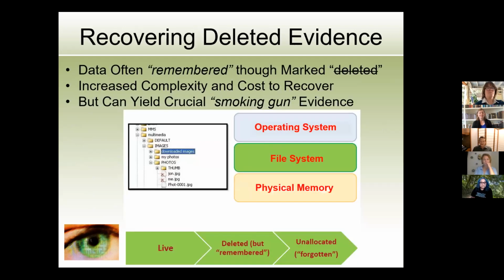And especially because of the deleted data, this describes that, kind of going through the probative levels here. Right at the bottom, you see live, not so probative; deleted, but remembered, that's pretty good; unallocated, forgotten, that's even better. So we are always hoping to be most probative by getting into unallocated storage, getting the evidence not only deleted, but totally forgotten. It's floating around in the Pacific Ocean. Those are the fragments and the traces that we want to get forensically.